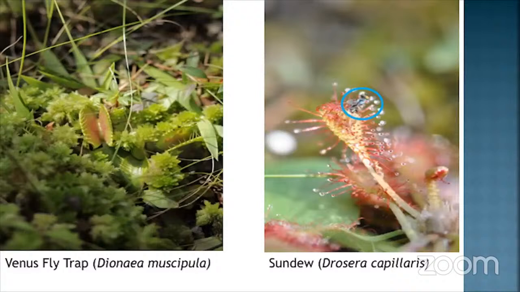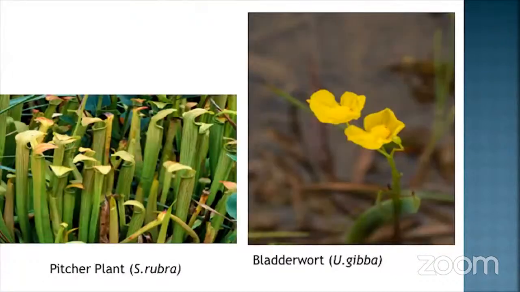Here we have 2 insect-eating plants found at Mason River. To the left, we have the infamous Venus flytrap, and the image to the right is of the native sundew. Can you spot the fly caught by the sundew and about to be eaten? Look closely in the blue circle. Image to the left is of a pitcher plant, and to the right is one of 2 species of bladderworts